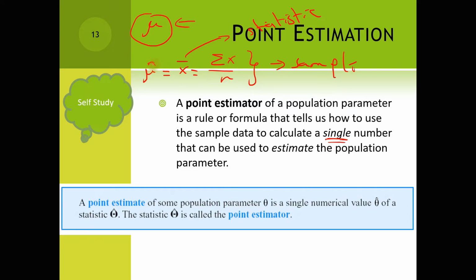When you put a cap on something, it means that you are estimating something. So mu cap is an estimator of mu, and mu cap is equal to x bar, which is equal to the sum of x over n. Remember that our point estimator, which is mu cap, should be a rule or a formula that enables us to estimate with a single number what you have in your population. So this is what we got. We've got a rule or a formula, but it's very important that you note something, that this rule or this formula